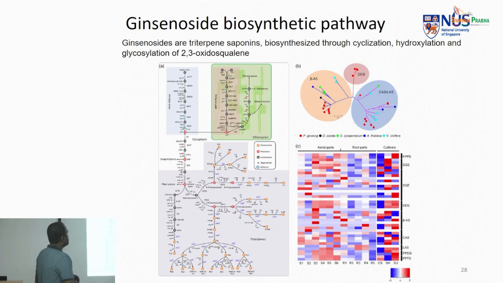Then coming to the major aim of the study, we were able to completely deconstruct how ginsenoside synthesis happens. Starting from the MVA and MEP pathways, which happen in the plastid and the cytosol, it produces squalene and oxidosqualene, which are usually produced in all plants. But then the branching starts after that. The RO type of ginsenosides branch out from here, whereas the dammarane type of ginsenosides start from the branching here. So the oxidosqualene is here, and then it also has other minor ginsenoside varieties.